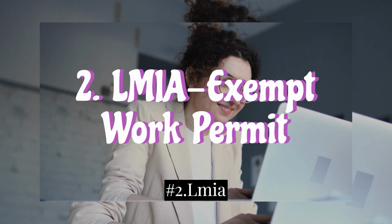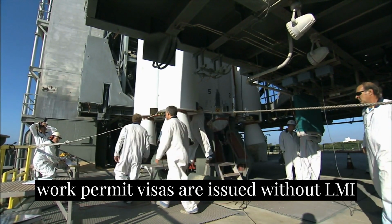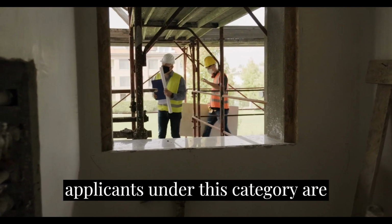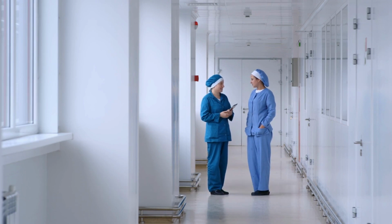Number 2. LMIA exempt work permit. There are certain immigration programs under which work permit visas are issued without LMIA. However, foreign applicants under this category are required to provide a job offer from an employer. These programs include